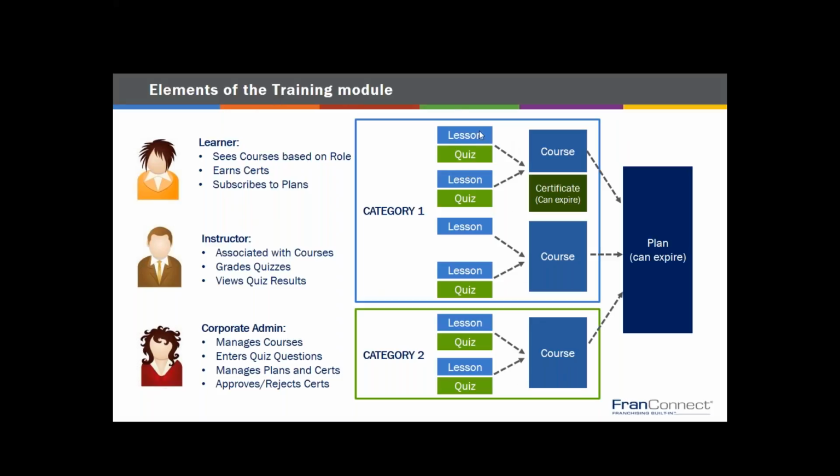So learners get to take lessons and complete courses, and then they have an opportunity when they've completed the course to get a certificate. You can make that certificate automatic. As soon as they pass all these quizzes, boom, they get a certificate. They get an email that has that certificate attached to it that says, congratulations, here's your certificate for having earned this particular plan name certification.